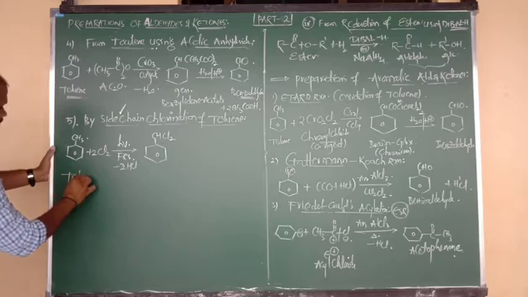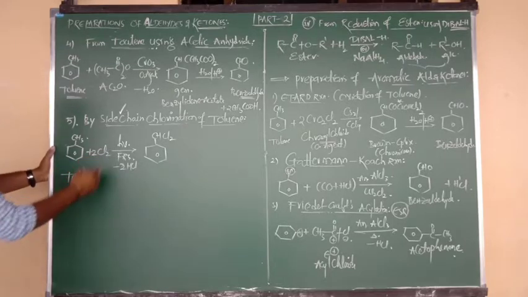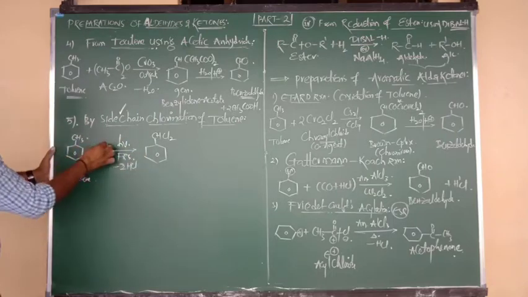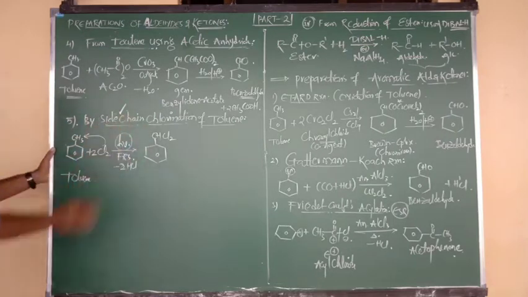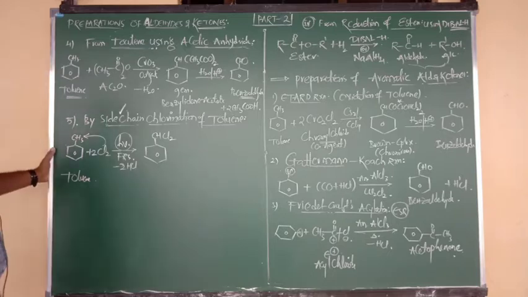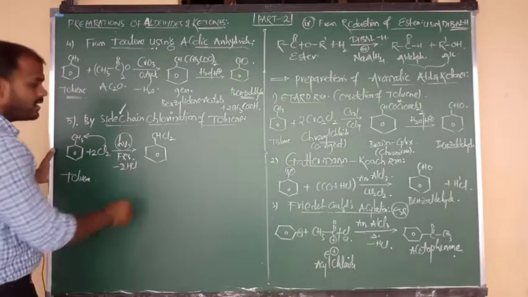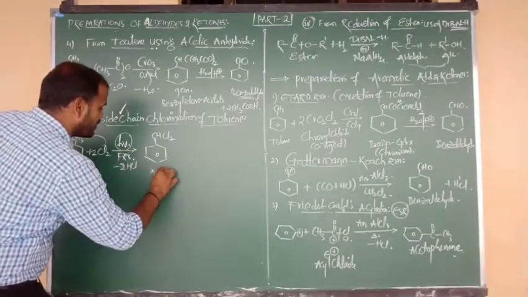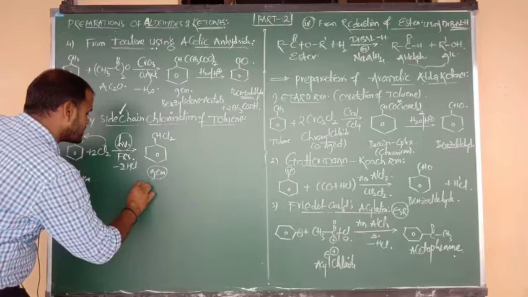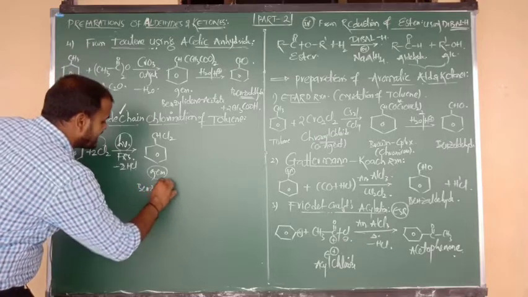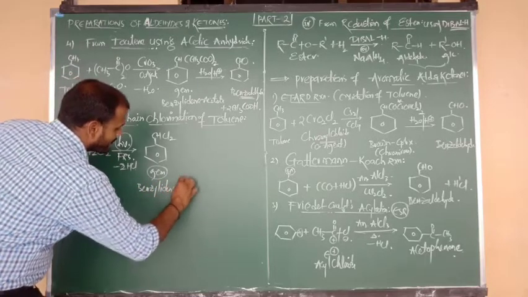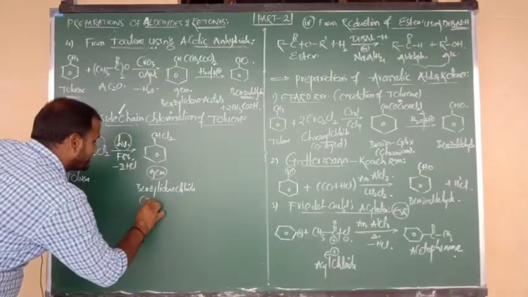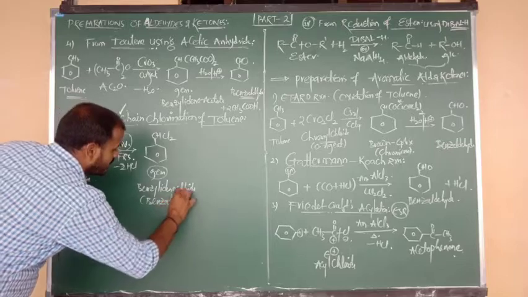So the reactant is nothing but toluene. Upon reaction with chlorine in presence of sunlight it undergoes side chain chlorination. For side chain chlorination, what is needed, beta? Sunlight is needed, not AlCl3. So after removal of 2 moles of HCl, the 2 chlorines are present upon only 1 carbon. It is also a gem compound, and the name of this compound is benzylidene chloride. Benzylidene chloride, and we can also say benzyl chloride.